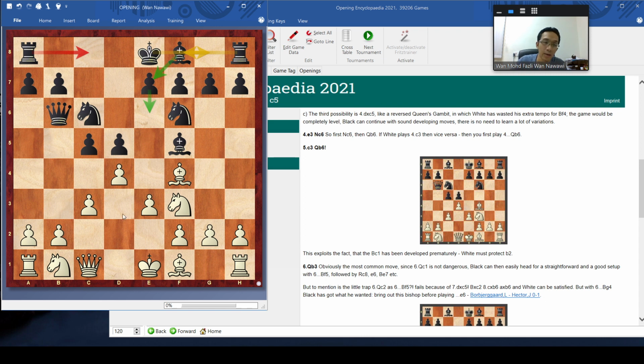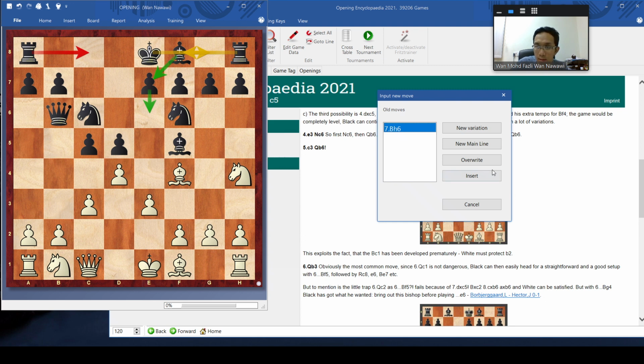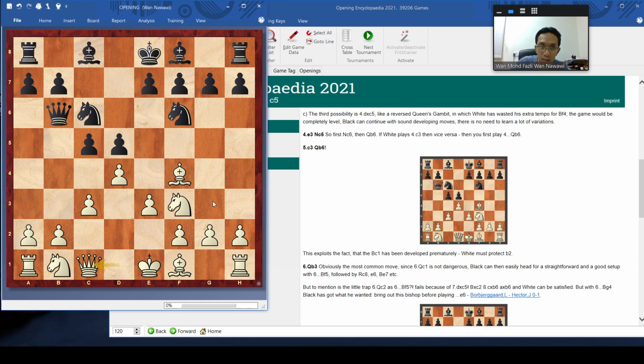Okay, if white plays queen c1. Okay, that's the reason why white normally tries to oppose the black queen on b3 by playing queen b3. Okay, when you face this opposition of the queen, normally you can find this opposition in many openings lah.